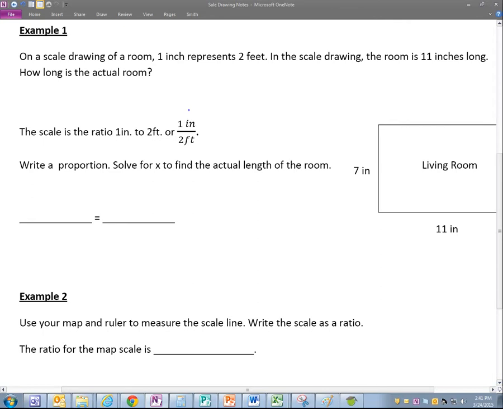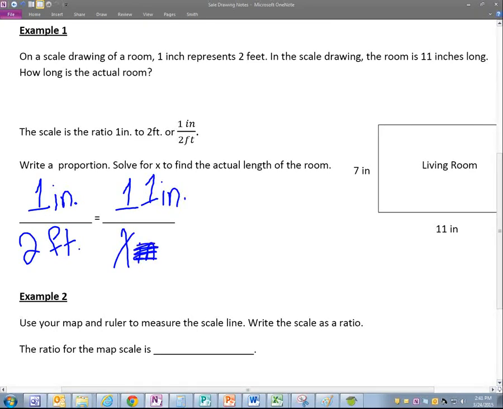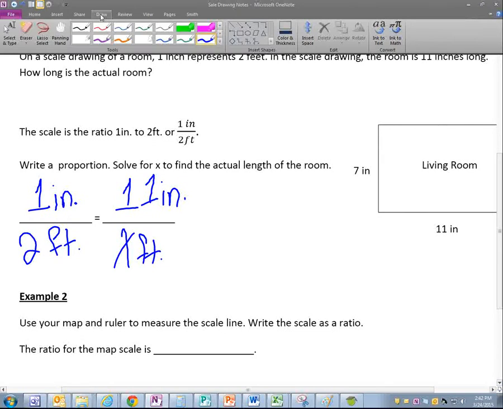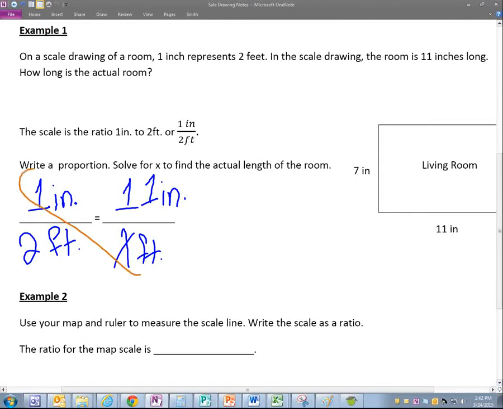So I'm going to have 1 inch is to 2 feet, same way that it is above it. And I know that the inches are 11 inches for the length of the room. And I don't know what that one's going to be. That's going to be feet. That one's going to be feet. And the way that I'm going to work this out, I have to cross multiply to solve for x,